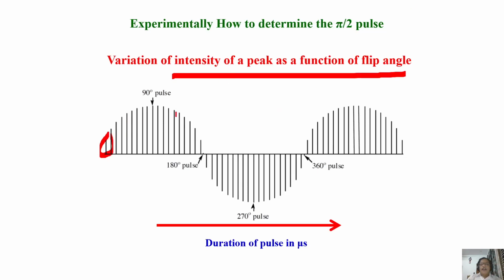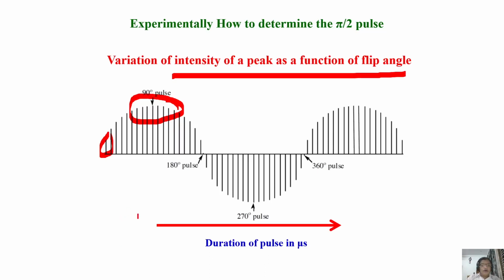Now, where is the pulse width? 2 microsecond, 3 microsecond, 4. Of course, all in microseconds. Pulse width cannot be very long. And of course, this pulse width of few microsecond, you can convert it to frequency. How much is the power of the pulse in the expression frequency? It is of the order of 25 to 30 kilohertz normally for the excitation pulse.